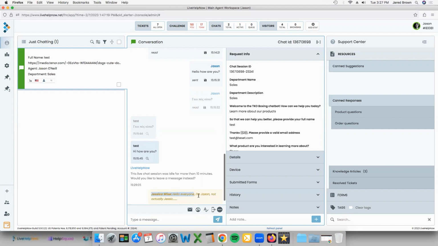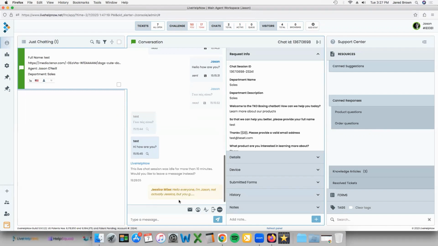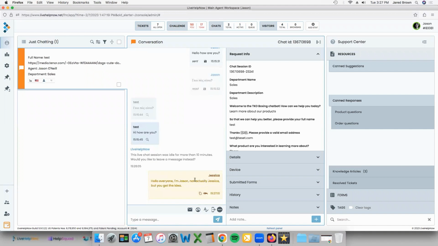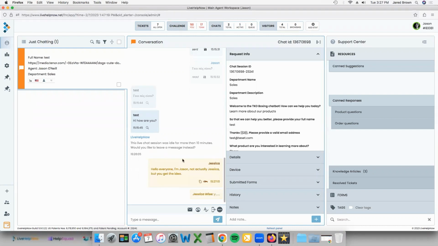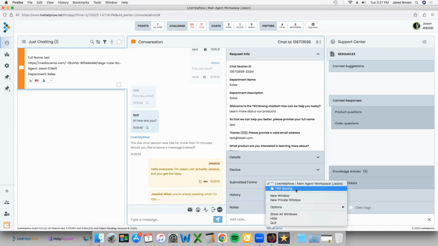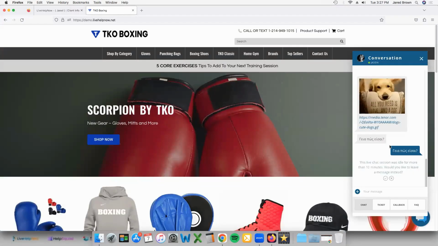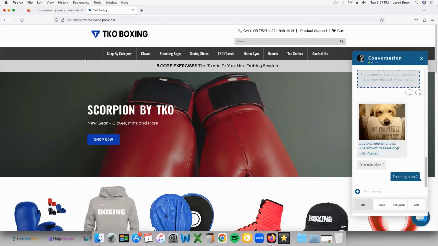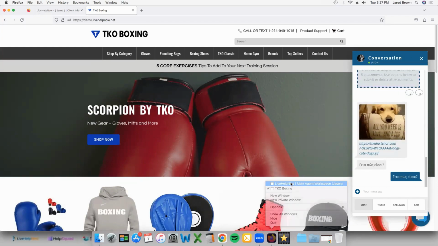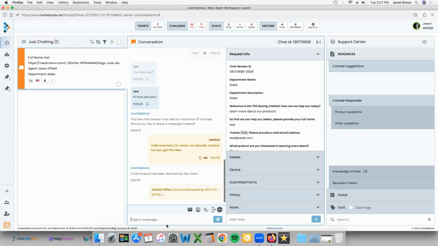Also, if you see down here, you can watch what your staff are typing when in a live chat. So you can see Jessica wrote this message in here. It says, hello, I'm Jason, not actually Jessica. But you can see Jason sent that. We watched him type it before it was sent. And this is a whisper message, meaning that it's not shown to the customer. So if we take a look over here on the customer side, it's not seen. So this way, if you need to whisper into the chat as an administrator or an instructor, you're able to